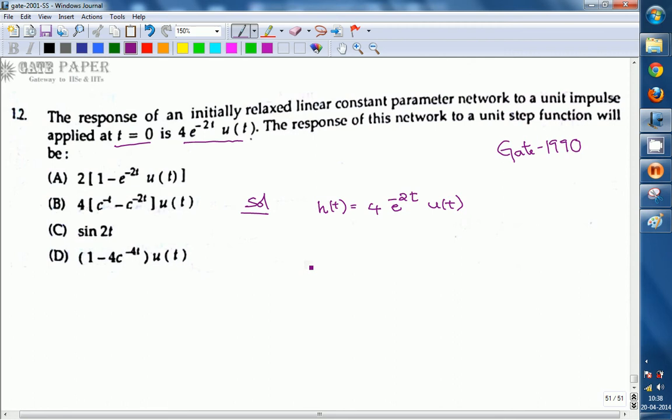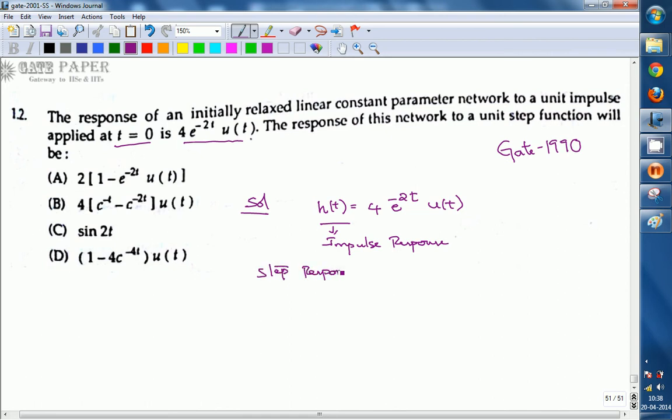So here we need to find the response of the network to a step function. So we need to find the step response here. Coming to the step response, given that this is the impulse response, by knowing the impulse response we can easily find the step response